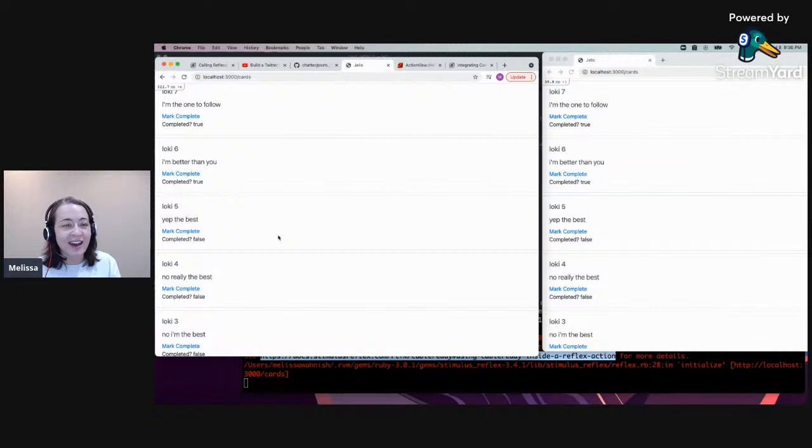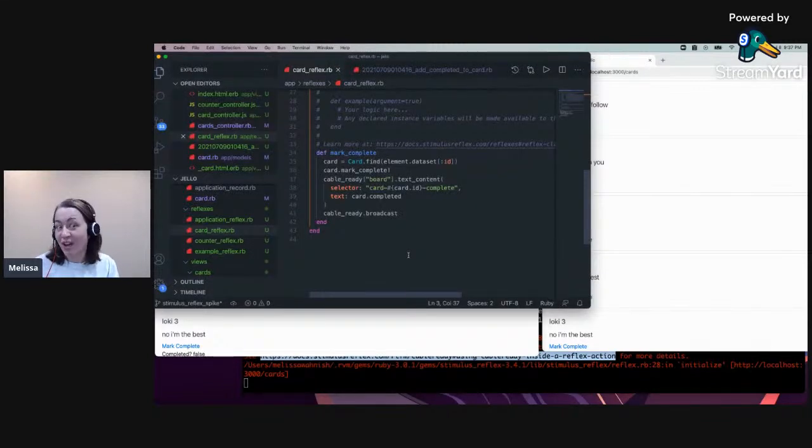React is so good, Anonymous says. Well, this series is to compare and contrast different ways to make that one page app, that one page seamless experience. So this is stimulus reflex. So if you like Ruby better than JavaScript,